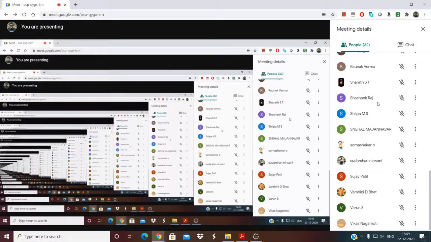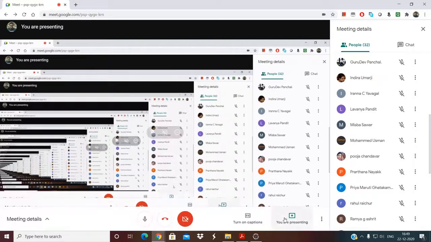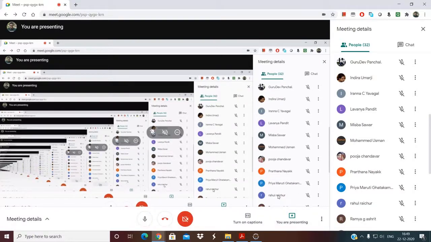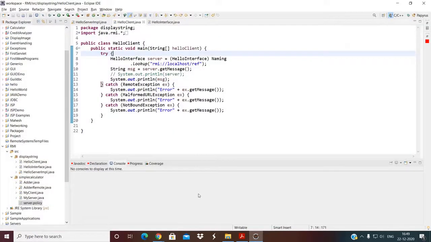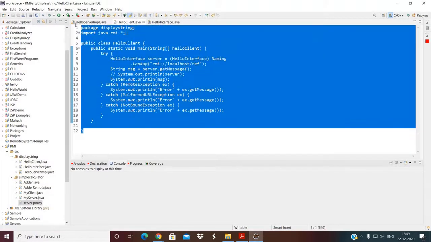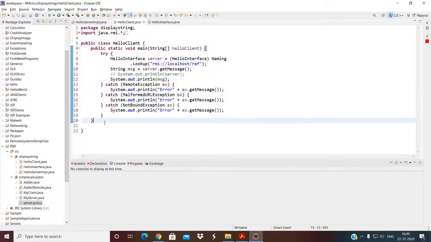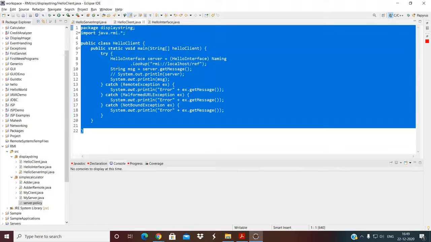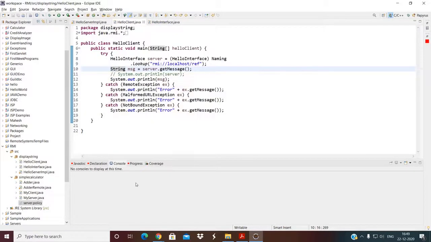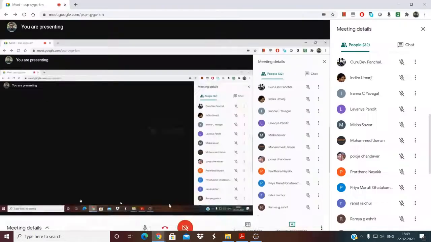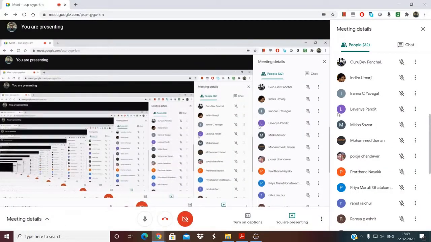So please do try that out, and let me know if you are able to do RMI across different machines. I know it is a bit trickier. It depends on your operating system version, which OS you are using, and which network you are connected to. So please try it out, as it's a very interesting activity. Let me know if you actually succeed with that. That's it from my end.